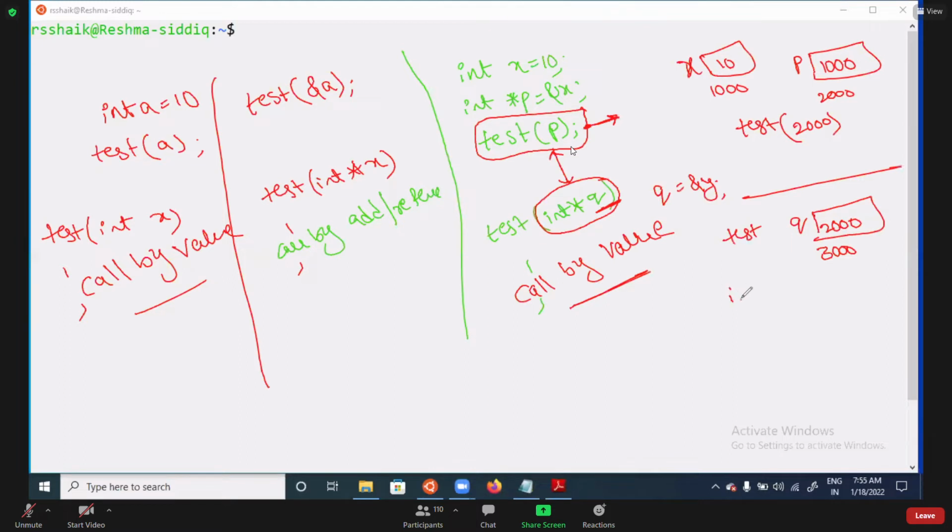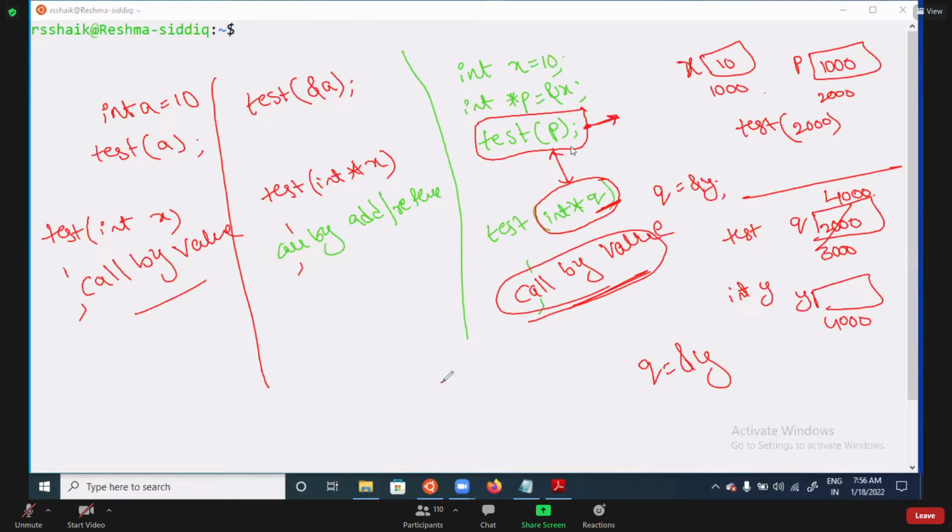Now int y is there, y address is assumed 4000. Now if I write q equal to address of y, q value is modified as 4000. Now what about p? P value will not be modified. There is no change in that. That means it is call by value.